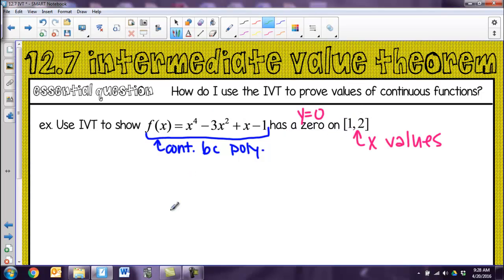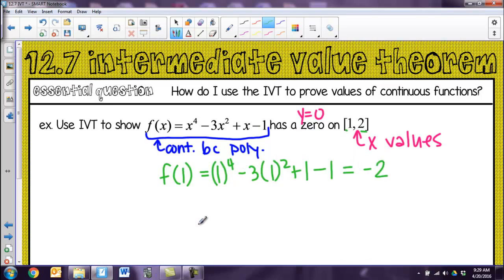And in order to do that, I'm going to plug in these two values. So I'm going to figure out what f of 1 is, and all I have to do for that is wherever I see an x, put in a 1. And if I did that math, I would find out that that was 1 minus 3 plus 1 minus 1, or negative 2. Then I'm going to do the same thing for the other endpoint of my interval. I'm going to find out what f of 2 is. So I just plug in 2. And if I had 2 to the 4th minus 3 times 4 plus 2 minus 1, that would get me